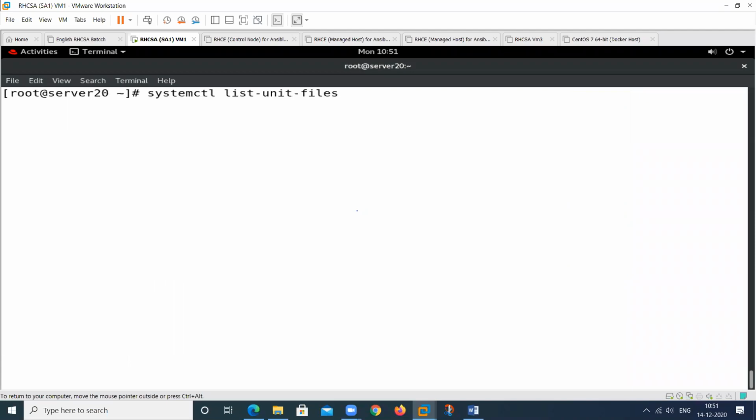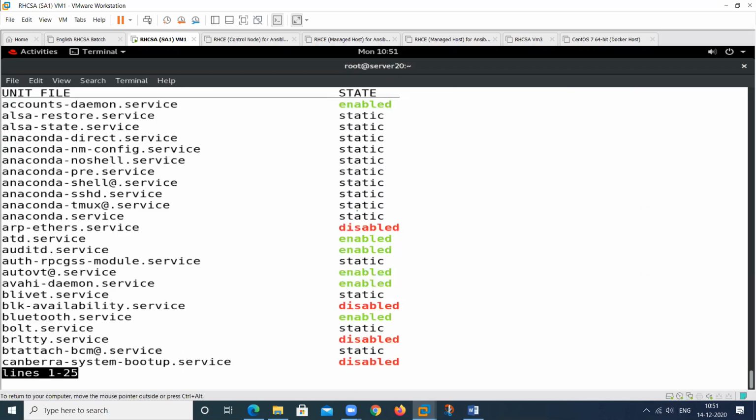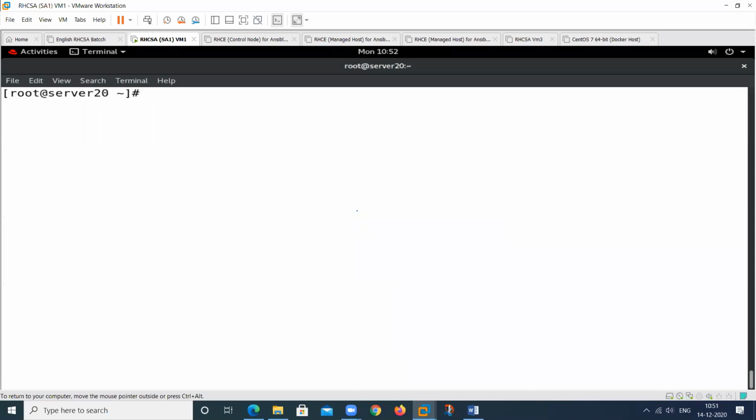But I want to display only the type service units. See here, these are all the services. In the earlier command, service units, target units, and mount units were all displayed. This will display the service units. But from this list, we want to check only one service. How can we check this?